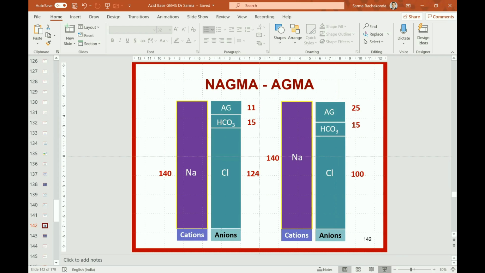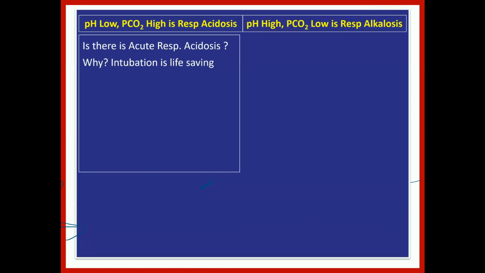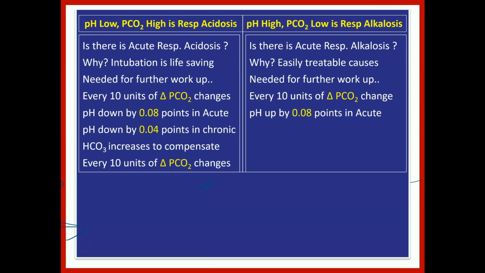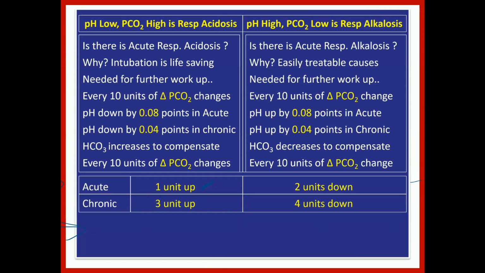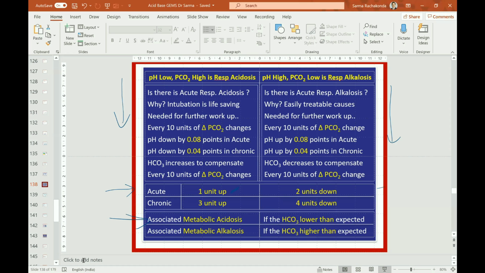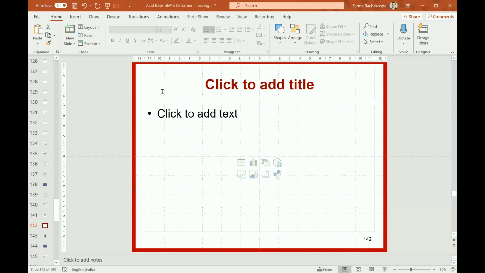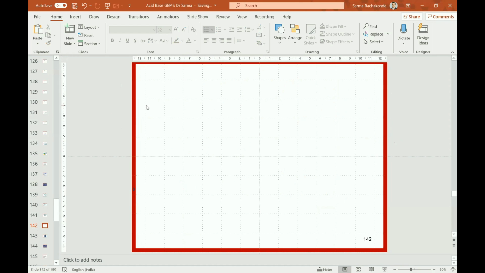Now, this concept you have already been given. I don't know whether we have. This is the slide, I guess. Yeah, this we have seen, completely exhausted. Two examples we have taken. We worked out an acute, we worked out a chronic respiratory. Let us look at an alkalosis example, acute and chronic alkalosis. Then we go to the metabolic problems. Okay, let us take another slide and then start writing. Take a workout of an example of respiratory alkalosis, and that too acute and chronic.